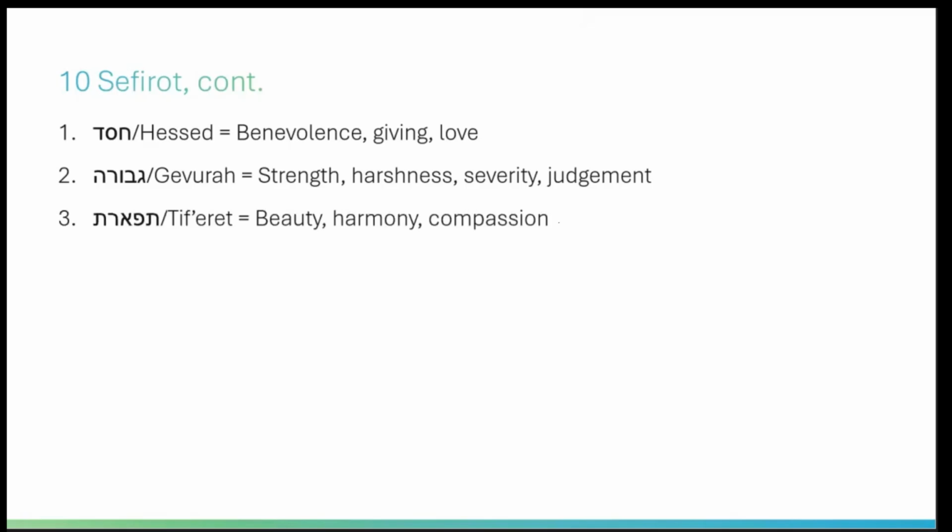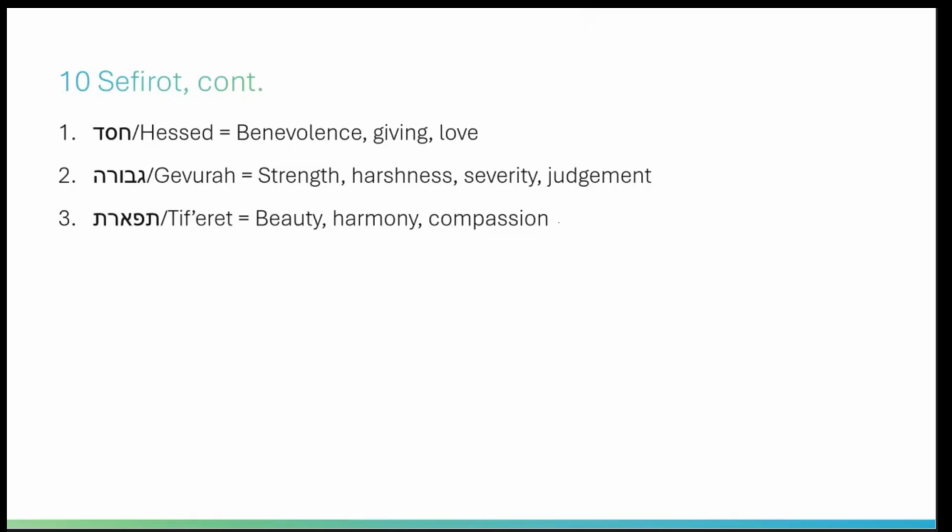The third one is Tiferet. Tiferet literally means beauty, but in the scheme of the Sefirot, it can be thought of as harmony. In other words, you have Chesed, you have Gvura, so Tiferet is a kind of synthesis of the two. If we think in the sense of compassion, right? Love can be blind, right? It's possible for love to drive a person to give even to somebody that is not deserving.